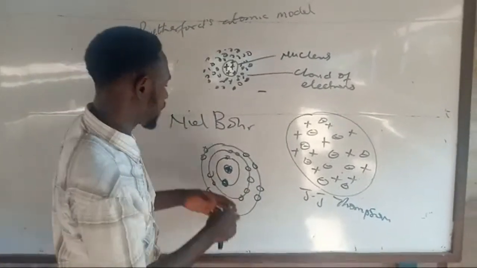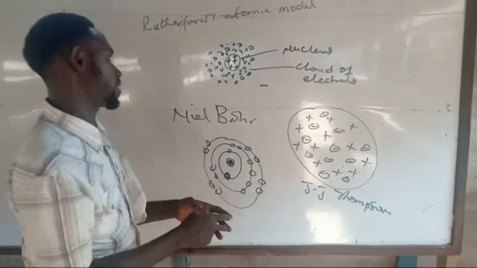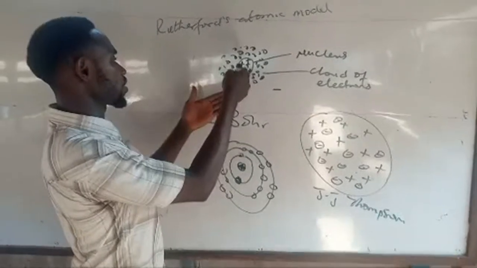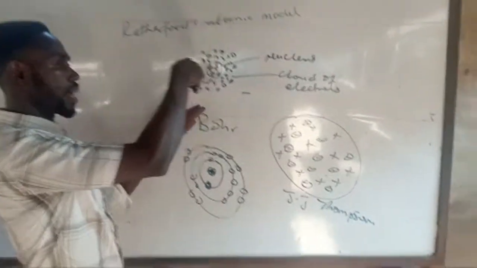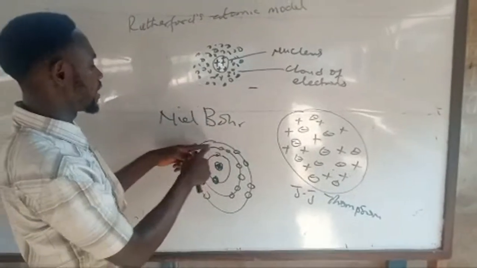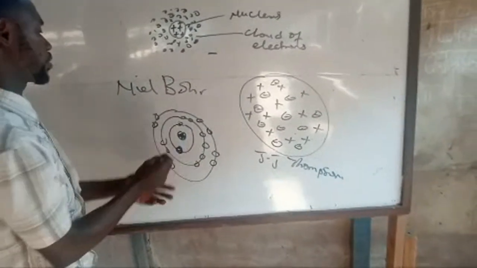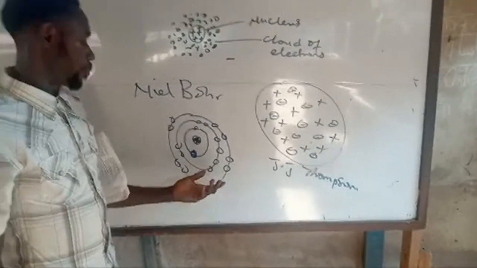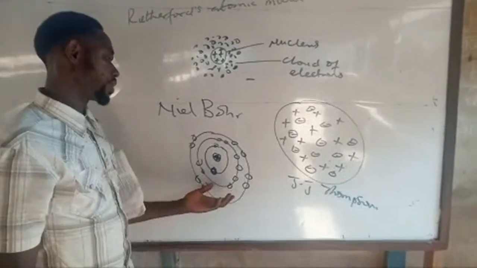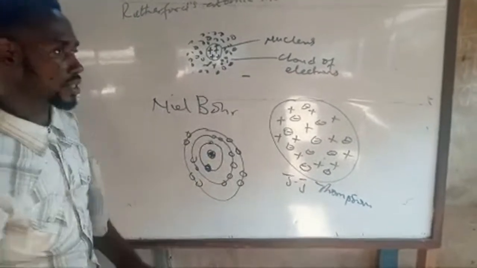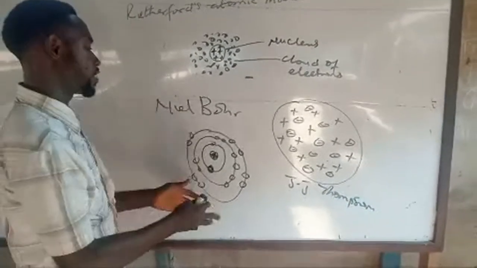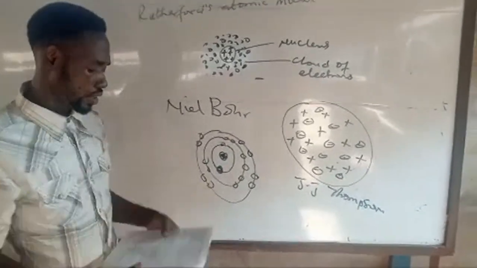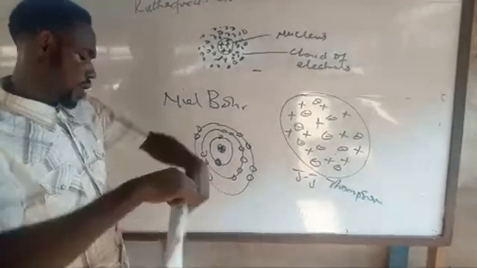But the people that saw the atom as a miniature solar system are Rutherford and Bohr. Rutherford saw it as the nucleus being the sun, and the electron serving as the planet moving around the sun. But the difference is that it was not quantized. So Bohr's theory should be the best among the three. But Bohr's model also has some limitations. When we talk about the Zeeman effect, and equally the Heisenberg uncertainty principle, they give some limitations to this theory. Then we are done with the atomic model.